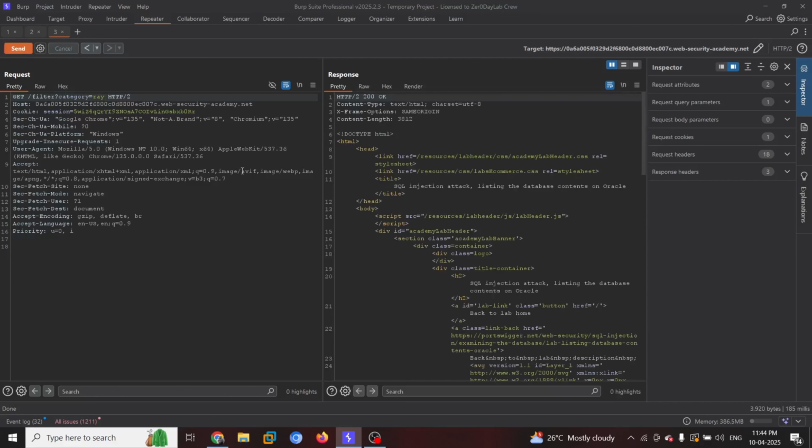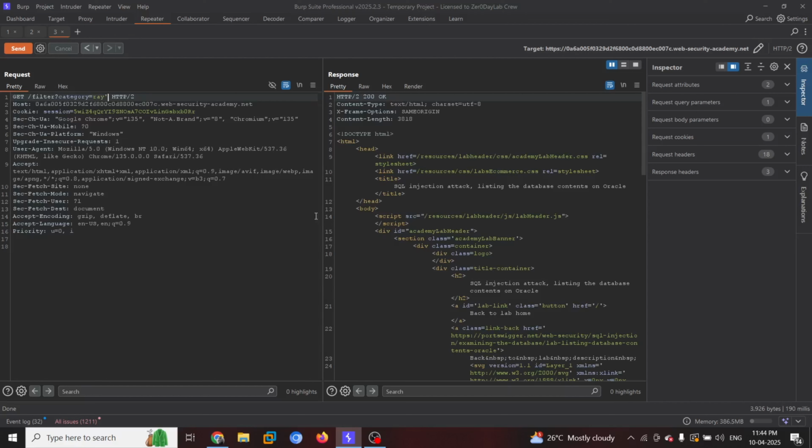It is giving us a 200 OK response, which means it is potentially not vulnerable to this. If I use the double quote and close braces, what response am I getting? Still a 200 OK. That means the developer-written code is not in double quote and close braces. What if I use just a double quote? We are getting 200 OK, so even the double quote is not breaking the query.